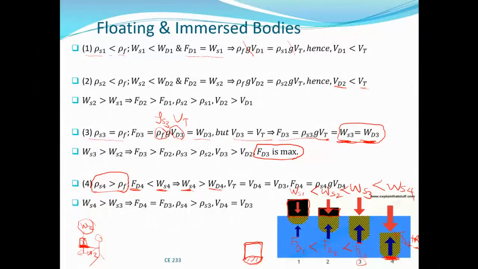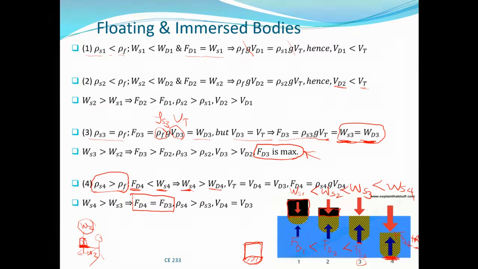Like I told you, FB3 and FB4 are equal. The buoyant force in the third and fourth cases are equal. I told you in the third case, it is maximum, and it will maintain this maximum value until it is overcome in the fourth case. In the fourth case, the weight of the ship is so great that the buoyant force can no longer support the weight of the ship, and that is why it sank